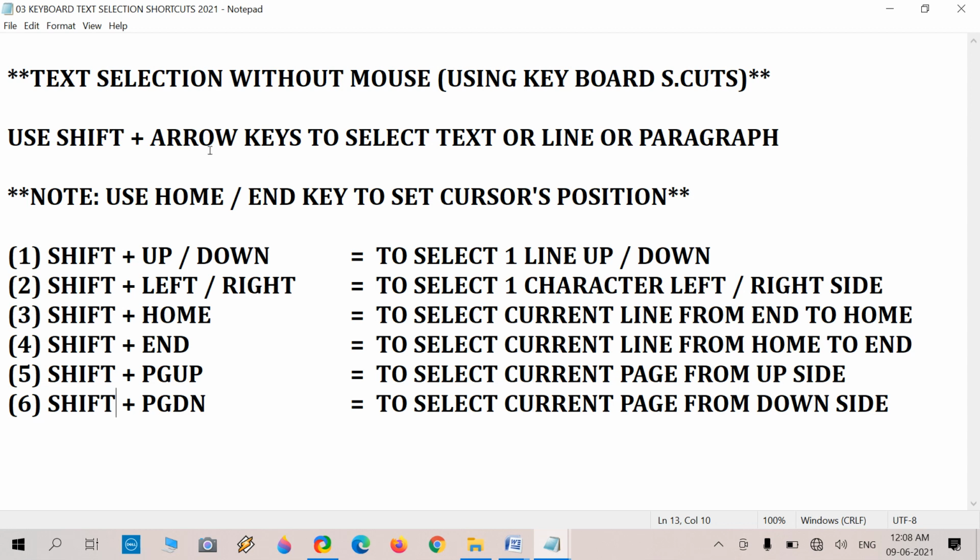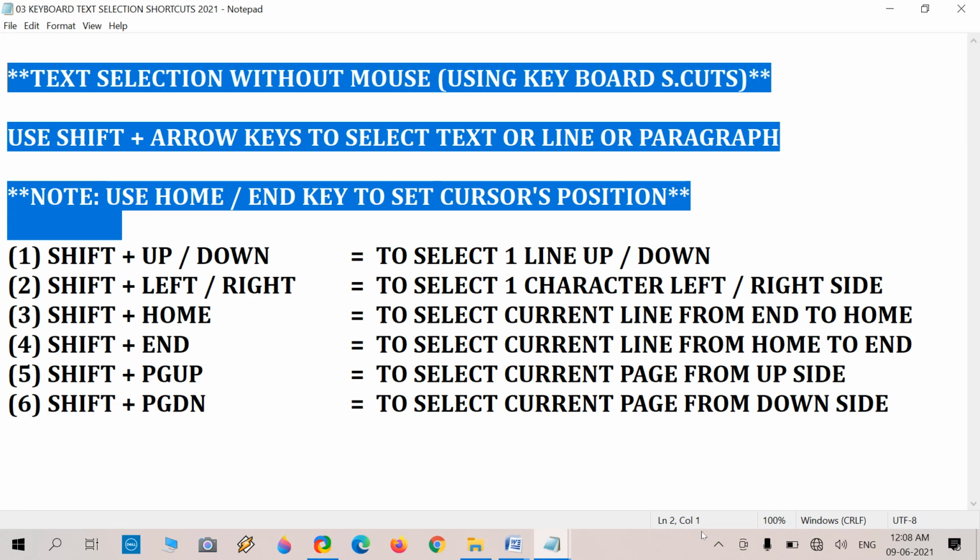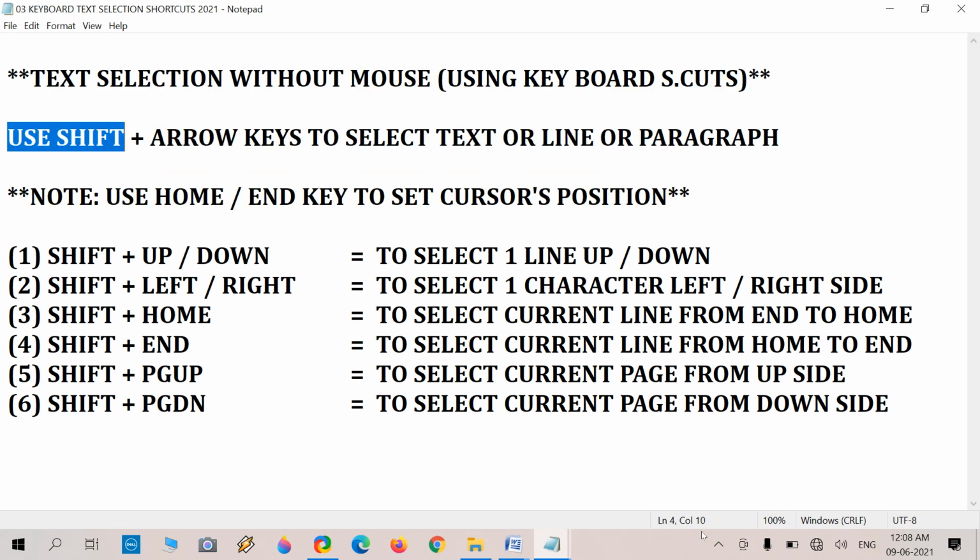Now, is that clear, all these things? What is Shift plus Up and Down? If we have the cursor here, then hold Shift and press Down to select downside, and press Up to select upside, press Left for left side selection, and if we have the cursor at the center, then hold Shift and press Left to select only that side.